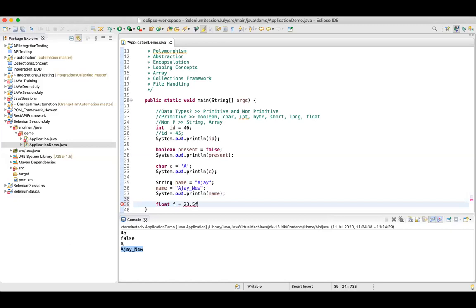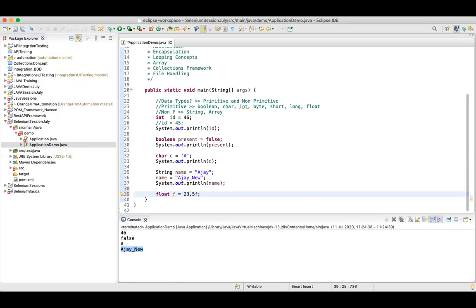Whenever you are trying to write a float, you have to mention f at the end of the value. f specifies that it's a floating value. And you can simply print f.